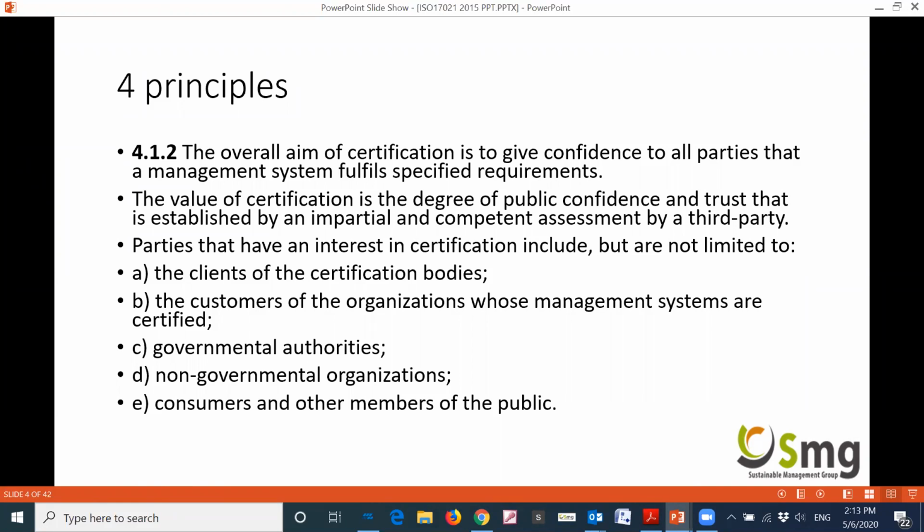Customers of the organizations whose management systems are certified need to trust and have confidence in this certification. Government authorities also need to trust us, as do non-governmental organizations, the public in general and consumers in general. It's very important. And one of the things I would like to see, for example, when you give a certificate to a client and they are going to give it to their customers or to the public, is that when they read the scope of the certificate, they see